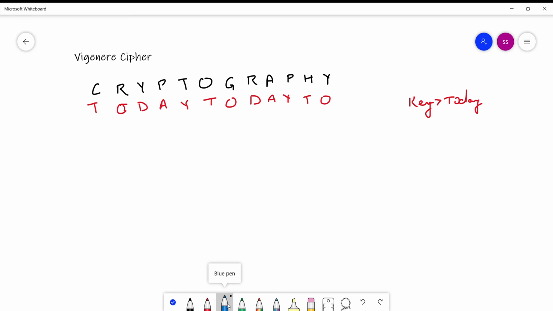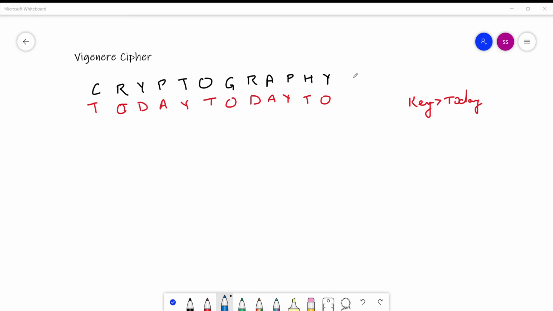For ciphertext we have to go through the table. So remember, the first alphabet of plain text is C and the first alphabet of my key is T. As per the table, all the columns represent plain text and all the rows represent my key.